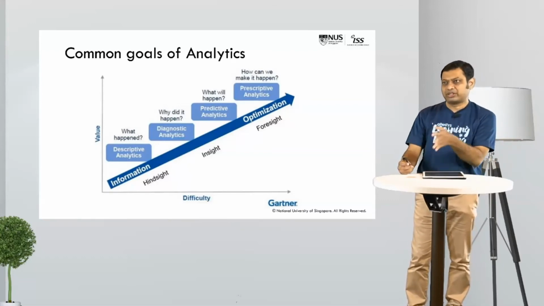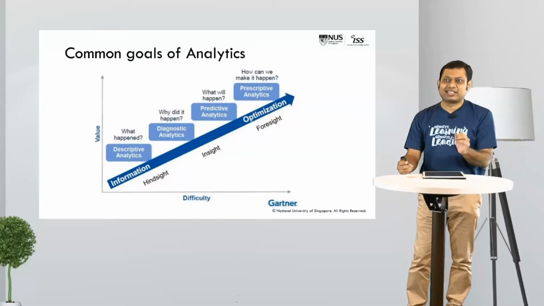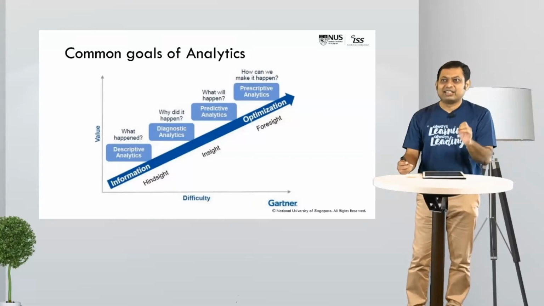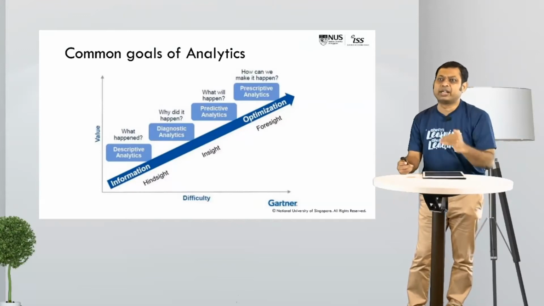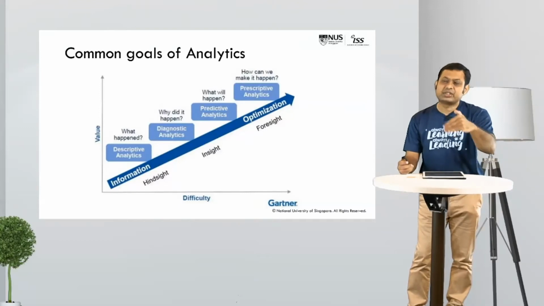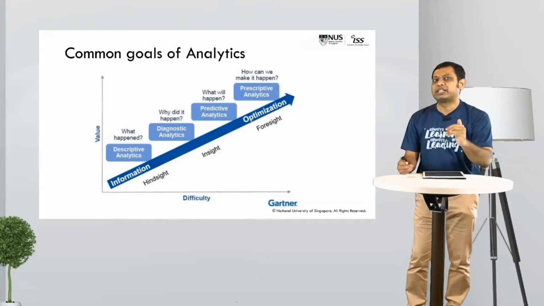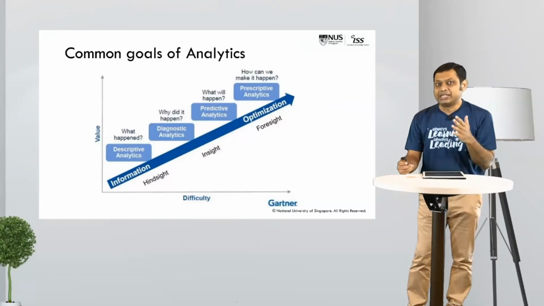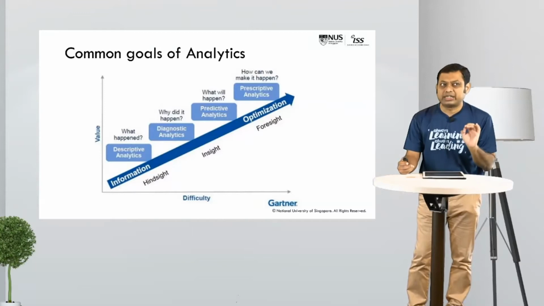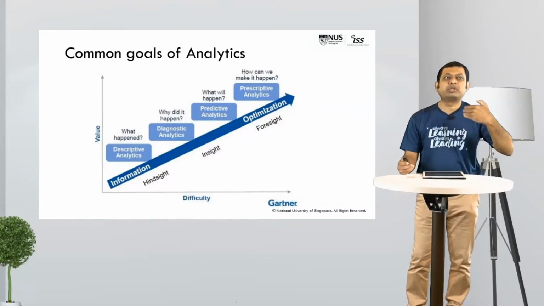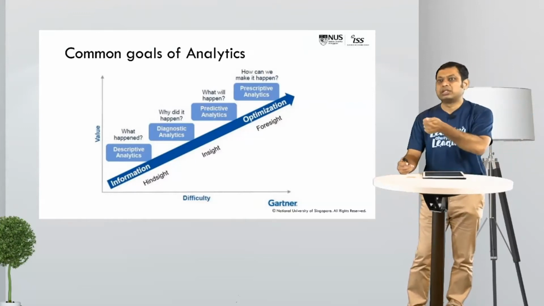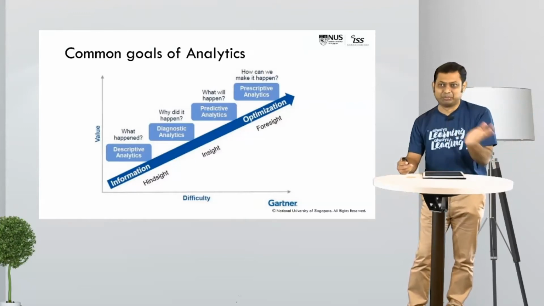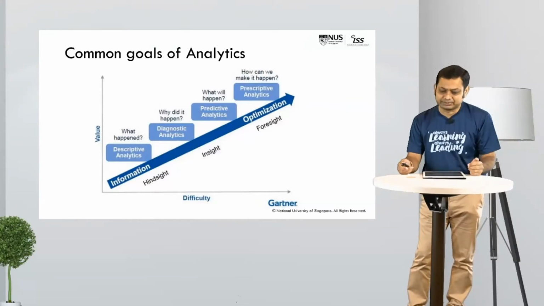So if you have to do that, think of it as progressions, think of it as step by step. What I would recommend for any organization is start with baby analytics. Start with descriptive analytics, then move on to diagnostic, and then start going to the other esoteric forms. Don't jump straight into predictive analytics. Don't jump straight into diagnostic analysis. And make sure that whatever you do, you cap it off or round it off with prescriptive analytics. So number 1 and number 4 in some sense are compulsory. The other two are optional.